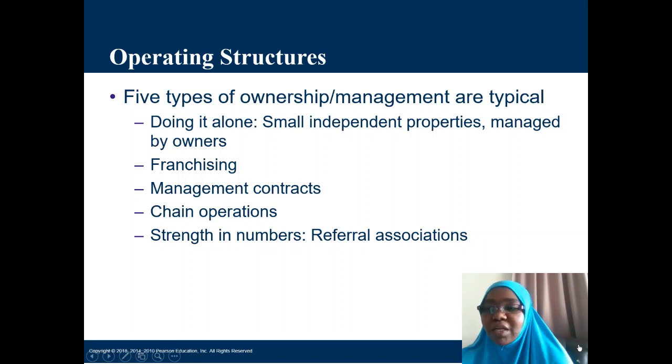All right, many may want to wonder if the owners of these referral associations also get autonomy, or maybe they have benefits that accrue to them. Of course, they do, just like franchise companies and the like, they also have their own benefits. Membership in a referral association allows property owners to go it alone, and they still share the benefits that come from the strength in numbers.